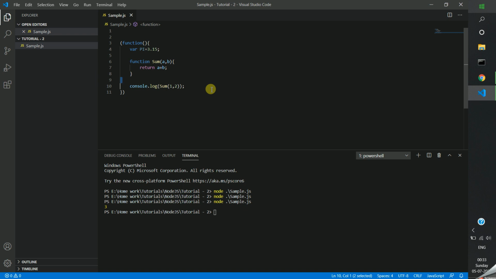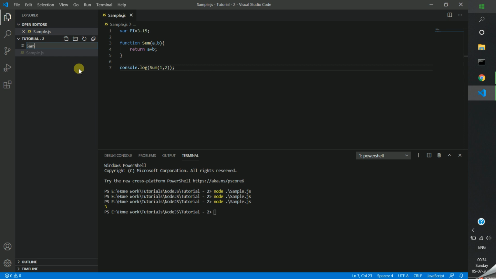So you can't directly access files, functions or variables which reside in another file. For example, I have declared the pi variable in sample. Let me create one more file. I have created one more file called sample2.js.